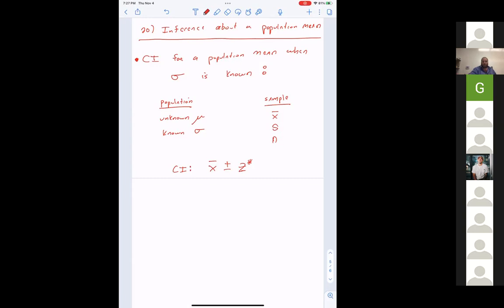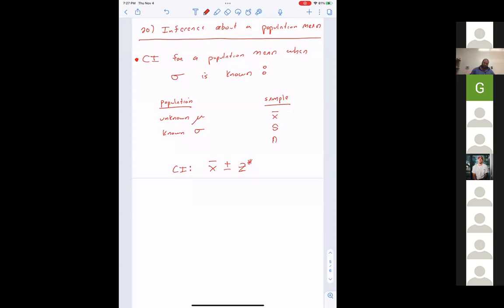I'm looking through my notes trying to find it. Ah, well, if you're looking through your notes, I'll just give it to you. It was the square root of p hat times 1 minus p hat, all over n. Does that ring a bell? The square root of p hat times 1 minus p hat, all over n. Okay. Well, this one, we don't have a p hat.